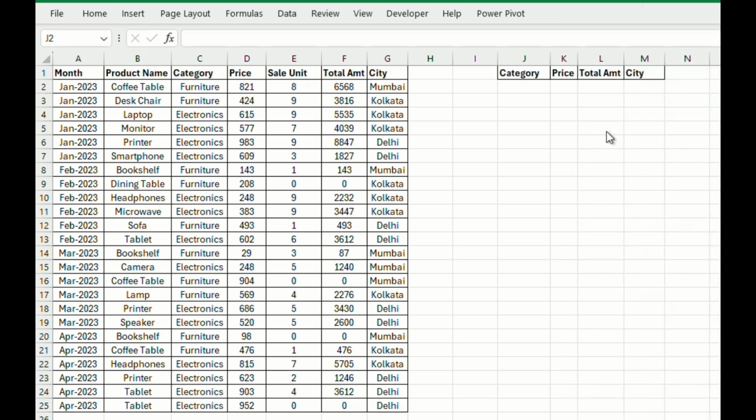In this quick video, we will explore the CHOOSECOLS function in Excel, a very powerful tool to simplify your data manipulation. Imagine you have a large data set, but you only need specific columns. Instead of copying and pasting them manually, you can use the CHOOSECOLS function,